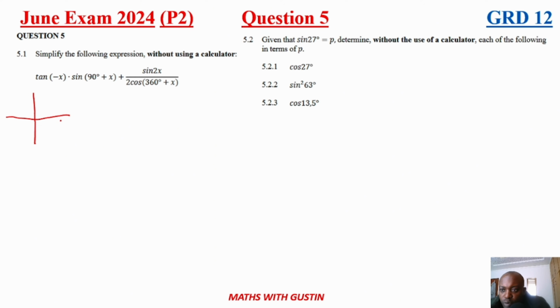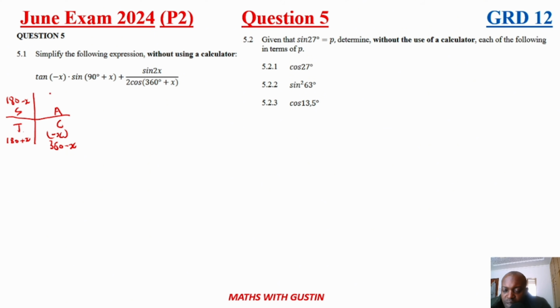You need to be able to remember that this is a CAST diagram, where tan is positive here, cos is positive here, and sine is positive here, and all of them are positive in the first quadrant. The other thing you need to remember is that this quadrant is 180 plus x, this one is 180 minus x, this one is negative x, this one is also 360